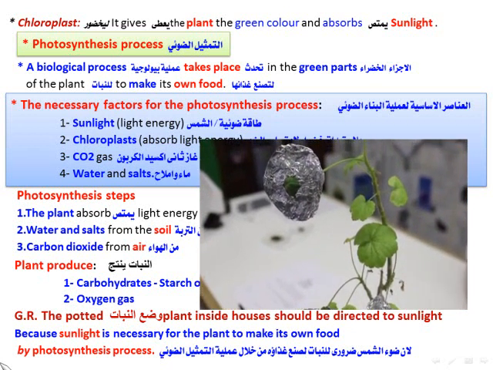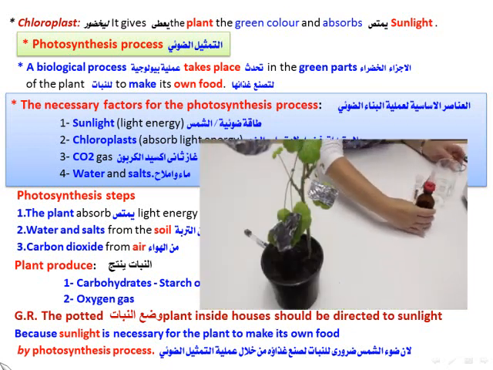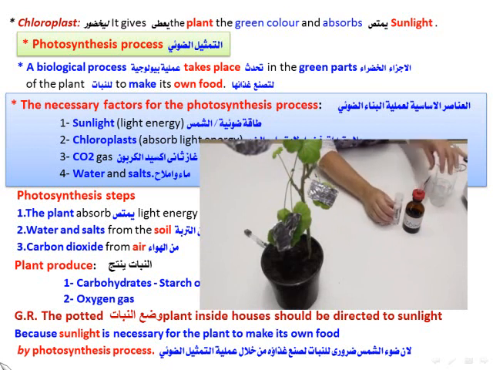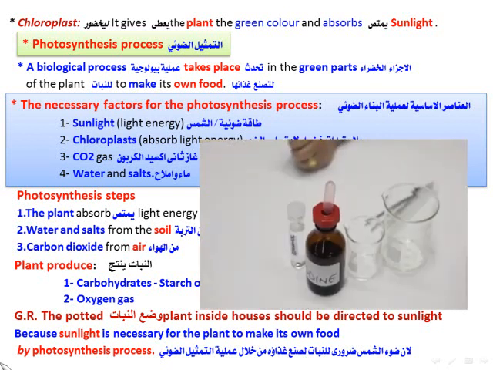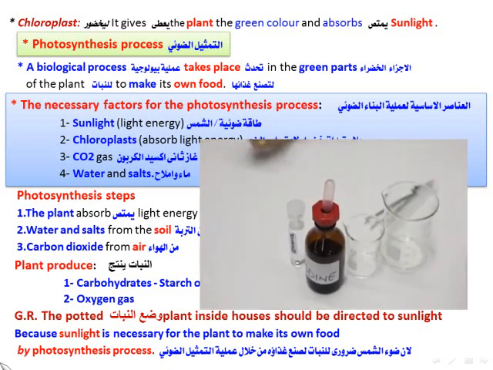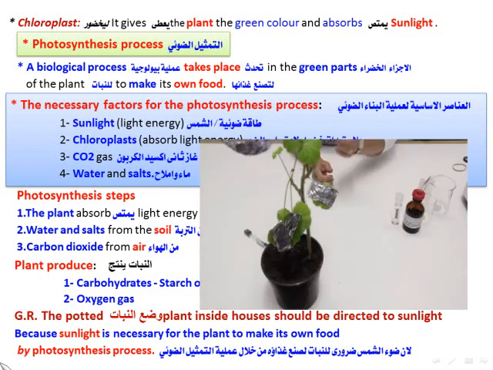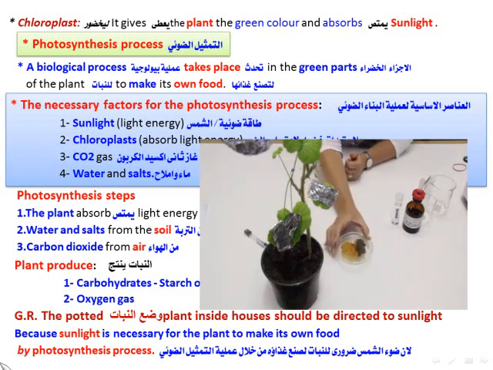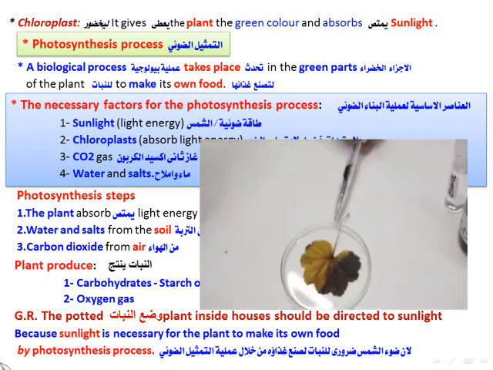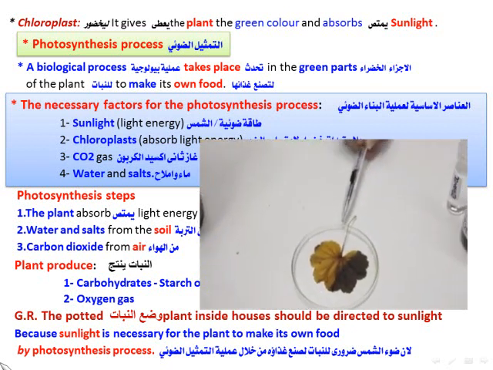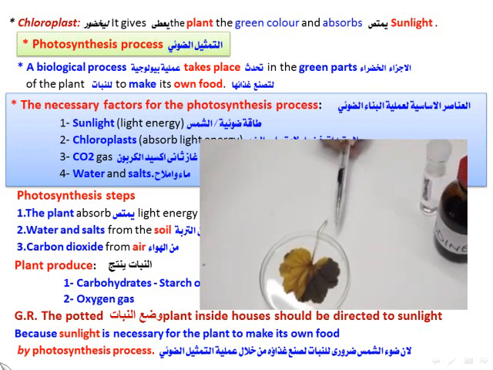You can decide exactly what pattern you would like to make. What you would also need is all the apparatus that you have used previously to test for the presence of starch in a green leaf. The method of this practical would be, once you have destarched the plant and covered parts of those leaves, you would allow this pot plant to sit in the light. After testing for the presence of starch, we will see the following. After doing the test for starch, the last step in the test of starch is when we place iodine solution